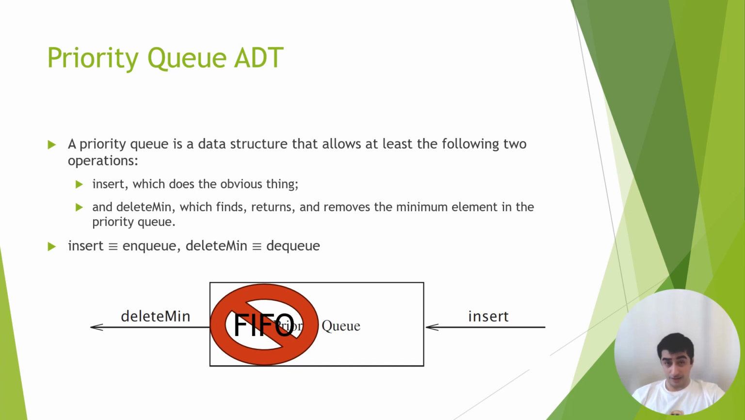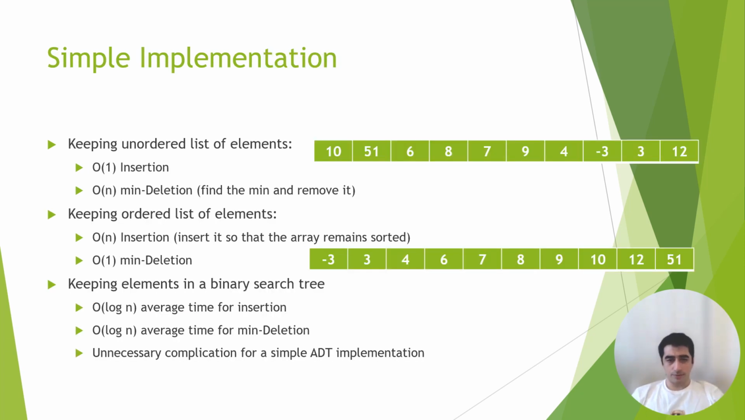to be removed first. Now that we know what the priority queue is, let's find out how we can implement it. There are three implementations that I'm going to explain in this slide. None of them are good enough, and I'm going to explain them one by one. First one is to keep all the elements in the priority queue in any order we want. We just place them at the end of an array, and we always implement the insert operation by appending to the list. So let's say you have these elements 10, 51, 6, 8, 7, all the way to 12. They are inserted in the same way that